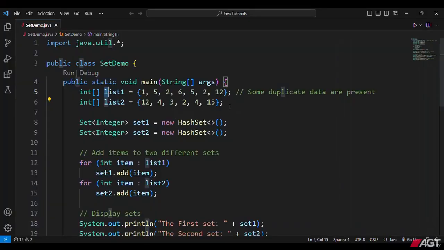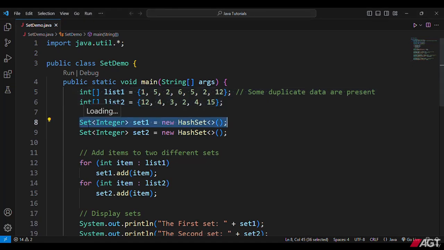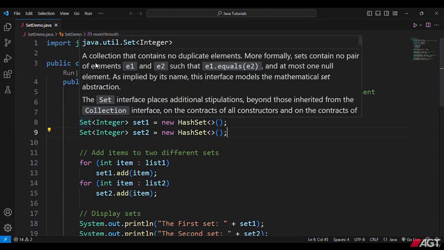In this demonstration, we shall discuss the set interface and its respective objects and how to deal with them. Here we have defined two integer arrays, list1 and list2, and this is the data they have. You can find that some duplicate data are also present. We have defined one set interface object, set1. This interface is under the package java.util,